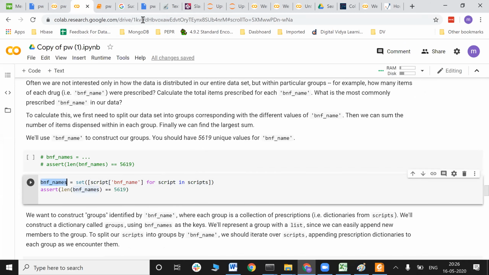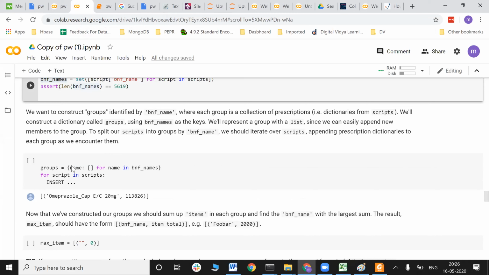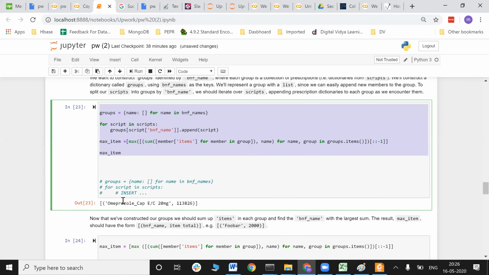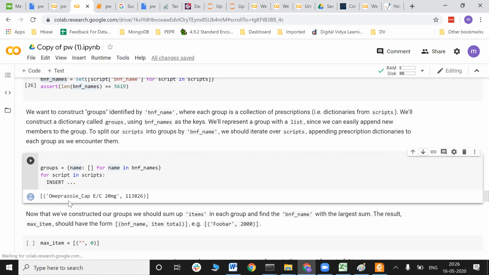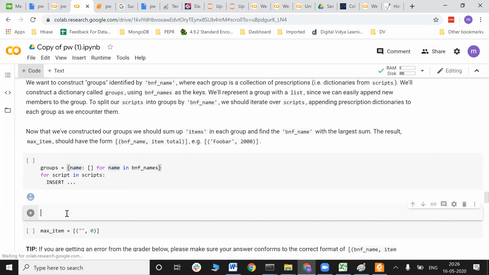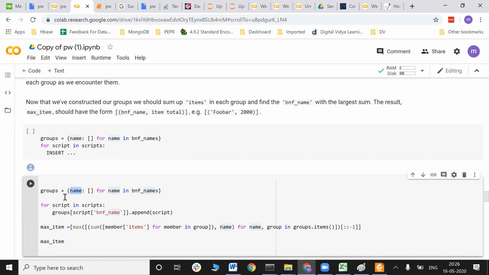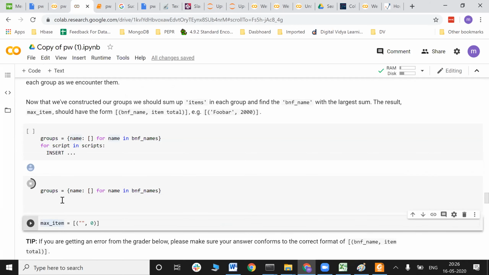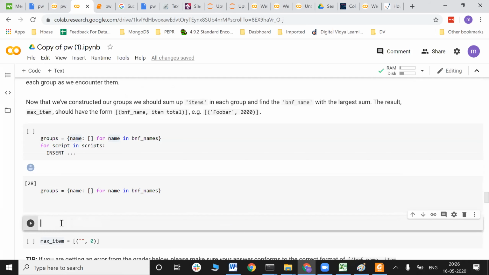Now once I have the unique values of groups, we want to conduct the group wise study here. So this is the group wise study. Let me copy the code for you and paste it over here. See, group name in every BNF name. Let me check what exactly it is giving me as an output. If I run this piece of code and create a new cell here, I can check what exactly the groups are.